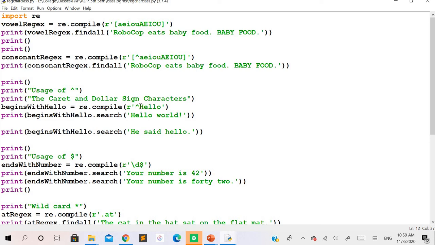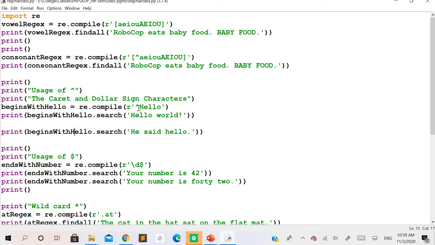If you use this cap with a normal regular expression, it tells that this hello needs to be matched with the beginning of the input string. So whatever pattern you define here, this pattern needs to be matched only with the beginning of the string.